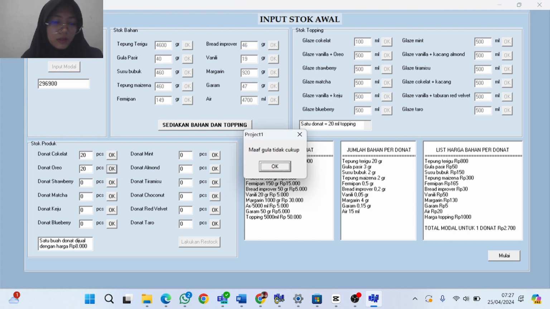Okay, then a message will appear: sorry, not enough sugar, because the sugar is not enough to make 20 Oreo donuts. Then the edit and granulated sugar button will turn on and we can add granulated sugar stock.